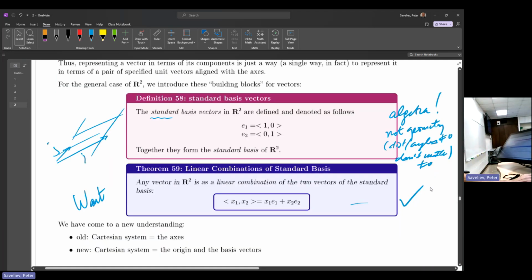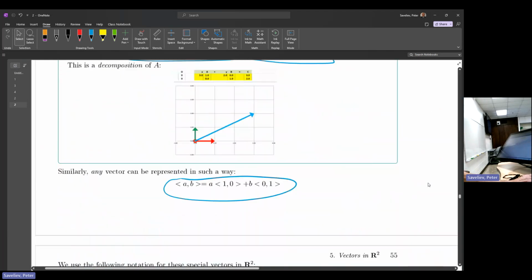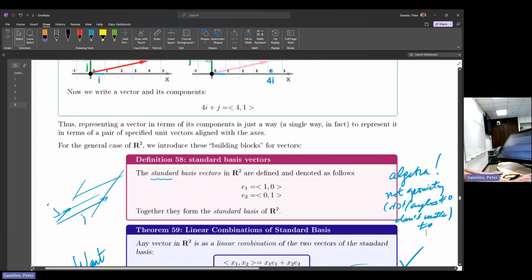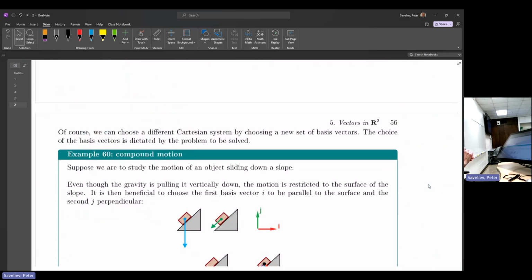Okay, so the Cartesian system has the axes for the points, and the origin remains, but now we're not looking at the axes anymore, but the basis vectors, like these two, red and gray. Okay, so here's how the choice of axes comes up in some kind